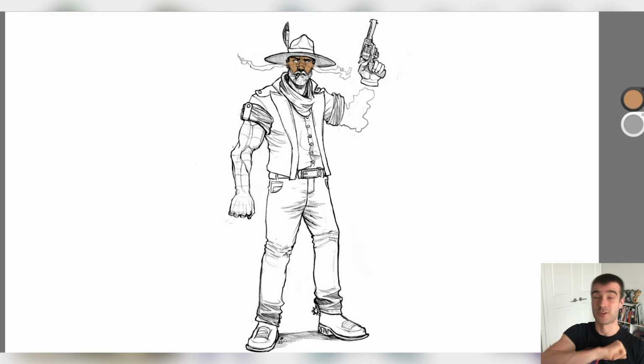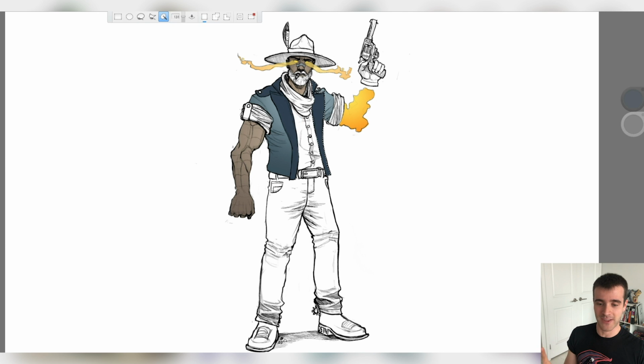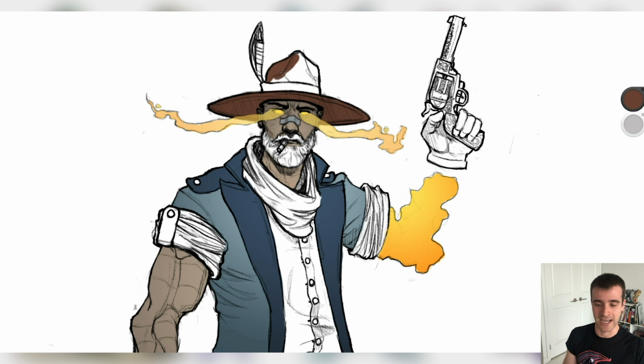Our next submission is a really cool looking cowboy guy that comes to us from Justin Corp. It's got a very simple description that goes, "This is Levi Parks from the Wild West, coming to kill everybody that gets in his way." And there was a lot of stuff that I could interpret because Justin didn't give a bigger description of what's going on with the character, but that was kind of fun because I could decide what I wanted to do